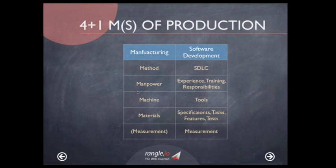So in lean manufacturing, there are the 4 M's, or 4+1 M's, of manufacturing. There's a different set of Japanese words, I think, that mostly started with an S sound, but method, manpower, machine, materials, and then measurement is an optional one. And this is how everything comes together to really empower lean manufacturing. So how you build things, that's your software development life cycle, and who's actually doing the building. That's experience, training, the responsibility. So letting anyone stop the line, having the right amount of training,